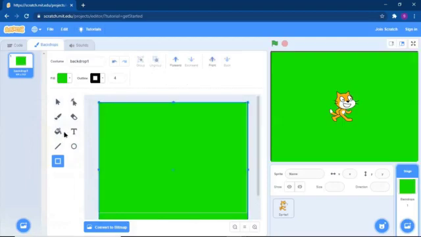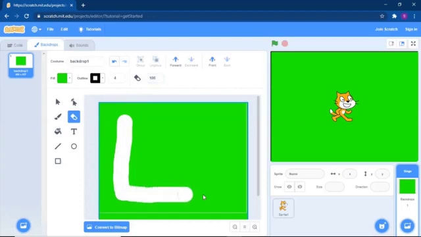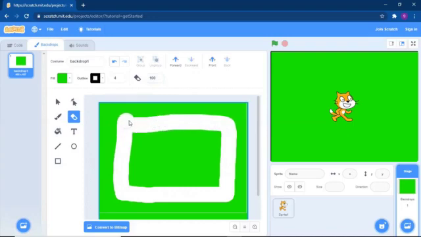After this, this is the ground I have done, and to draw the track we will use some trick. We will be using the eraser. Now let me draw it. You can draw the track in any shape, nicely with rectangular shapes or any other shapes.